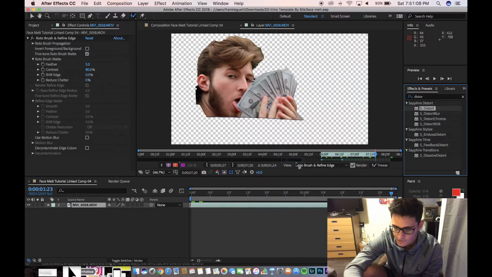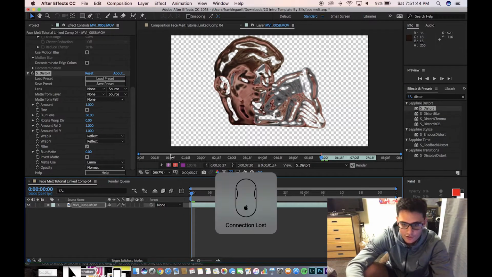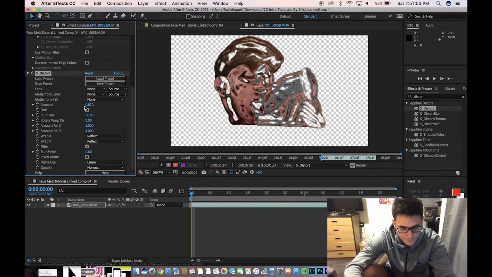There's RGB Distort, Chroma, Blur. There's so many different ones, but I'm going to use Distort just regular. Alright guys, so once you actually have the distort on your person, you can come over to here if you're working with Sapphire plugins. What I like to do is start them off at a little bit under 1, so maybe here. And then I don't want to go all the way to the end,